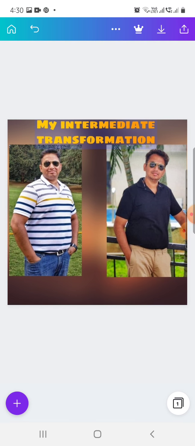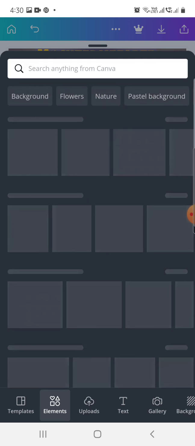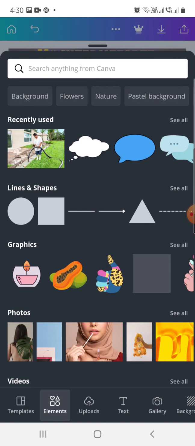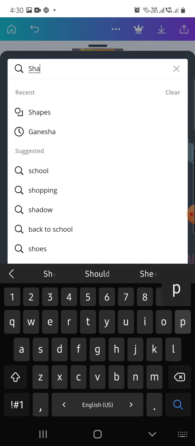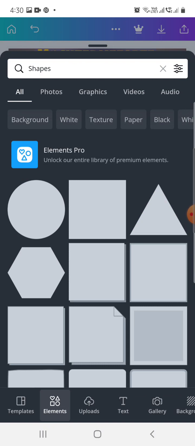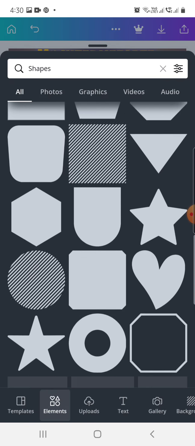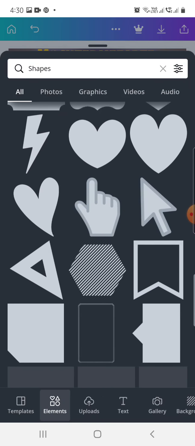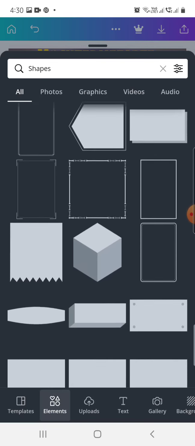Okay. So now I will click on the plus sign here at the bottom, and I will click on elements. In elements, in search I will write shapes. There are a lot of shapes available in the Canva app which you can take for the collage, right?